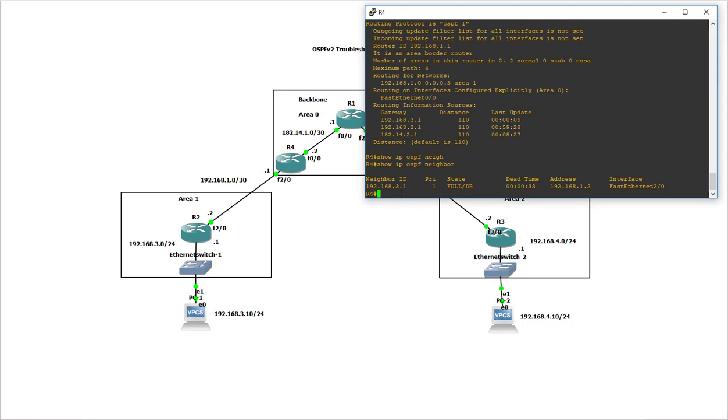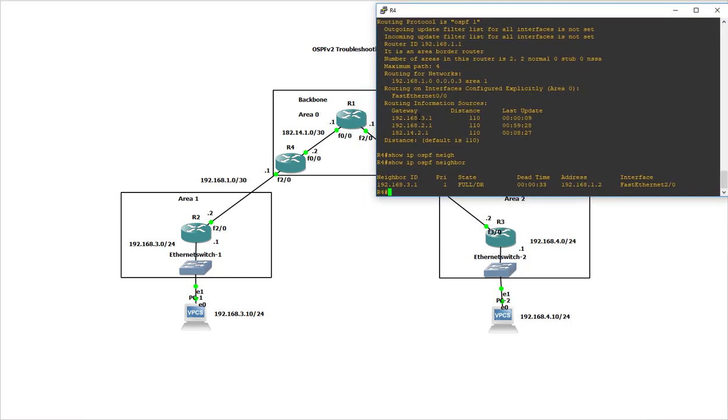If you haven't configured a router ID manually, then the router ID will be the highest loopback address, but we don't have any loopbacks configured in this network. The router won't use a loopback address for the router ID. If you haven't manually configured a router ID and you haven't configured any loopback addresses, then the router will use the highest configured IP address,